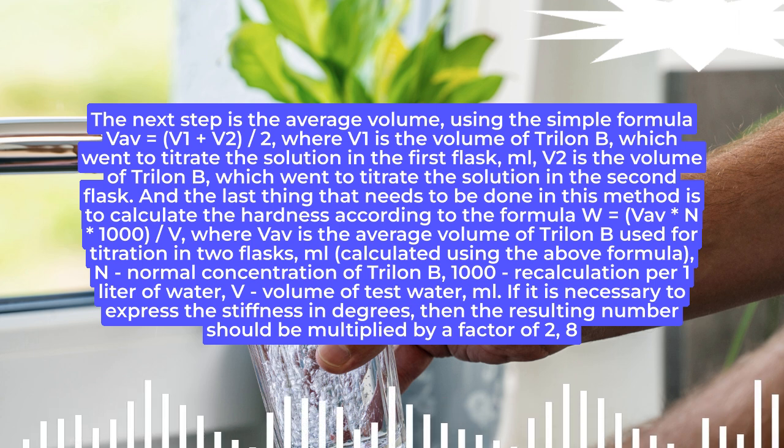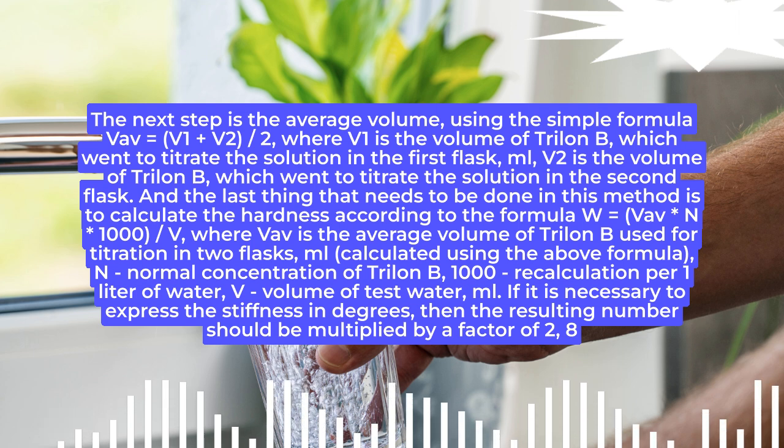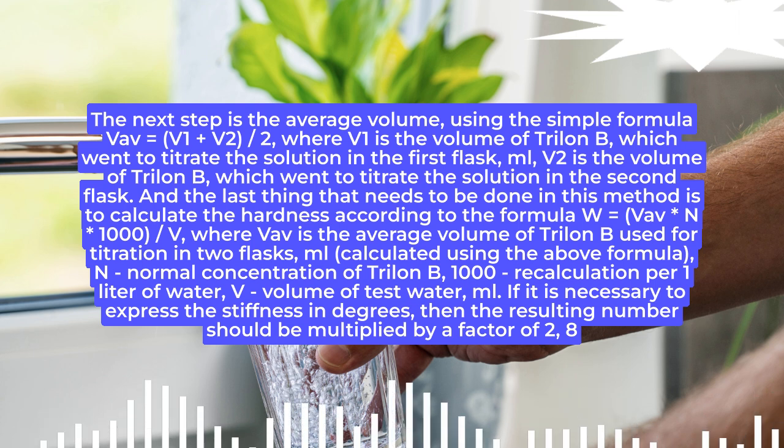And the last thing that needs to be done in this method is to calculate the hardness according to the formula W equals V_av*N*1000/V, where V_av is the average volume of Trilon-B used for titration in 2 flasks, ml, calculated using the above formula, N is the normal concentration of Trilon-B, 1000 is the recalculation per 1 liter of water, V is the volume of test water, milliliter. If it is necessary to express the hardness in degrees, then the resulting number should be multiplied by a factor